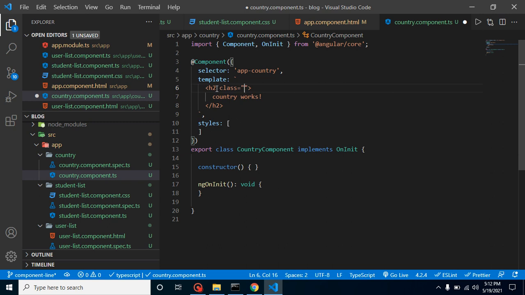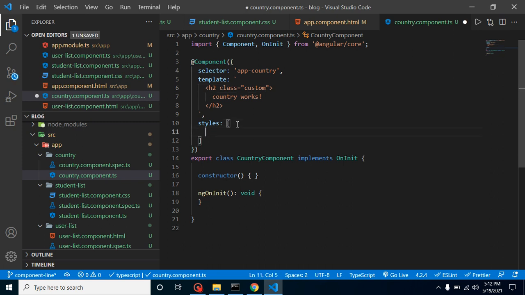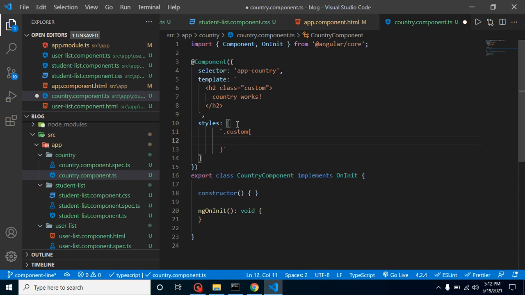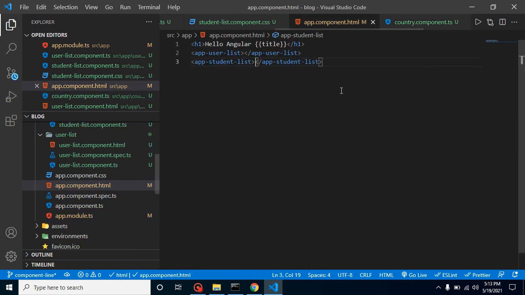We can put custom as its name, and in the style tag let's use custom, and we can say that color is red. Okay, we already used that, so let's say color is blue.